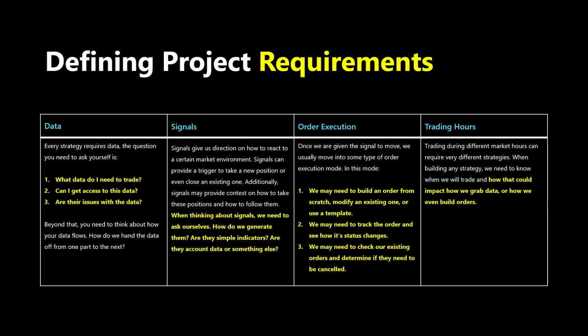Another big thing is trading hours, right? A lot of us might want to trade during different market hours: pre-market, post-market, or regular market. You really have to consider, how does that impact your data collection? Are you able to get the data you need during the different market periods? And more importantly, how does your strategy change depending on the type of market you're in? If you're in post-market or pre-market, all of a sudden your market orders might no longer be possible. And so in a situation like that, you have to have your code dynamically adjust based on the time of day to say, hey, we are now in pre or post market, so I don't have access to particular orders that